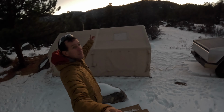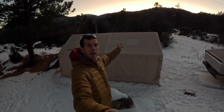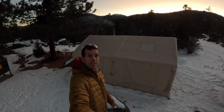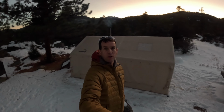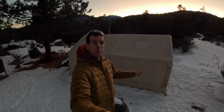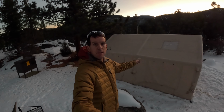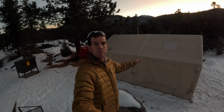We are here just outside Rocky Mountain National Park. You can see those mountains out there are actually inside the park. We're in the Estes Park area. Anyway, today we are showcasing not only this fantastic Coody RBM tent, the Koala 7, but we